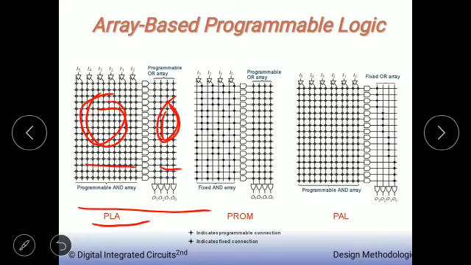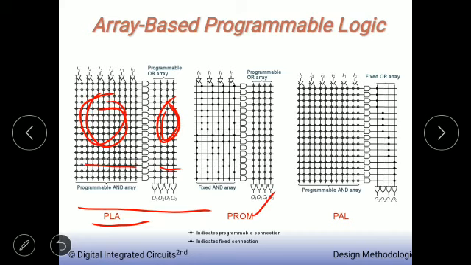Right, now let me go to the next part, that is the PROM. It's the second one. Here you can see we have a fixed AND array and a programmable OR array. Here as shown, we have certain dots in the fixed AND array.